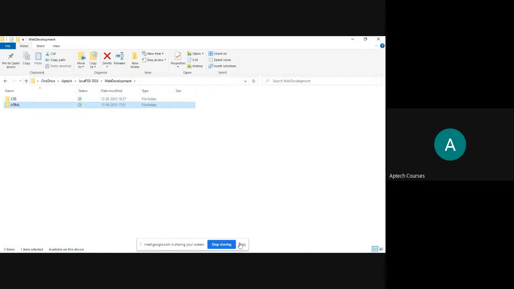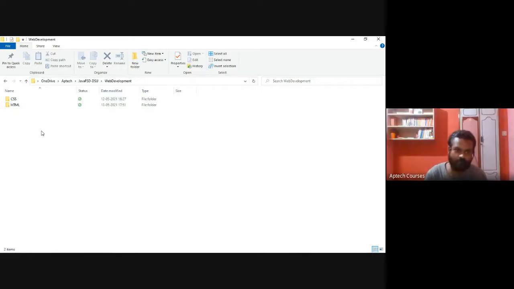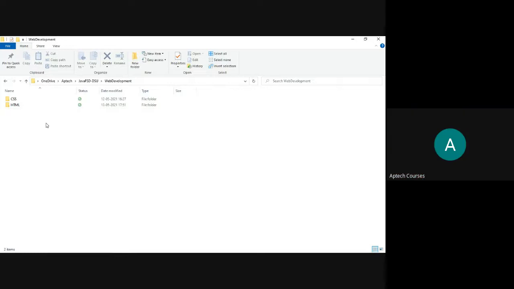So CSS is very, very important. In case of HTML, if you just develop using HTML, it is very boring. If you develop web pages using HTML only, it will look empty. There won't be any color styles.